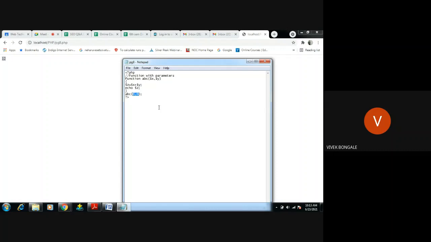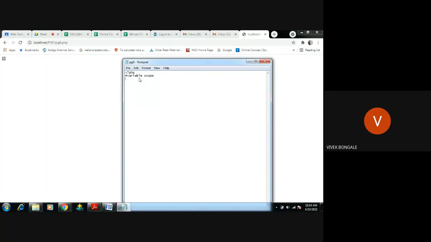And in PHP, we also have the scope of variables. Okay, variable scope. So what is variable scope? Variable scope, one best example. Okay, I will just remove this. Function with parameters, right? So we are using variable scope here. I will add a comment: variable scope within a function.